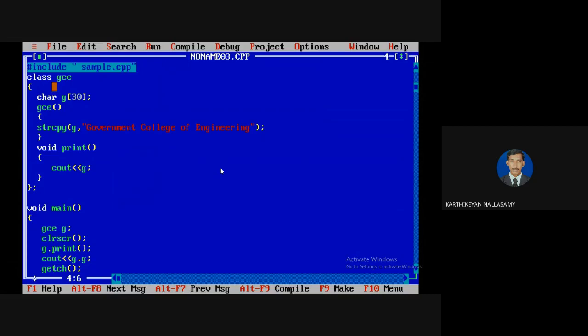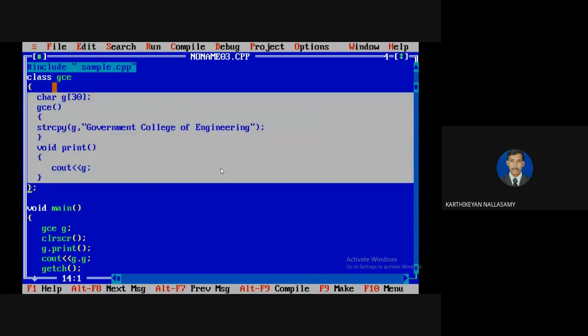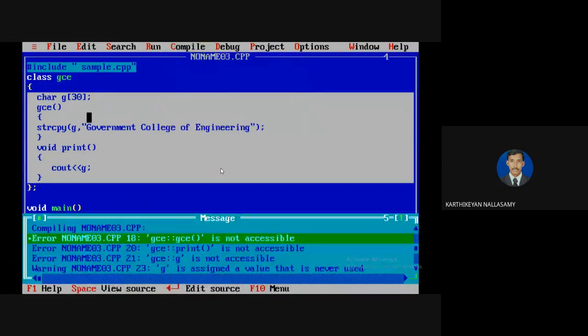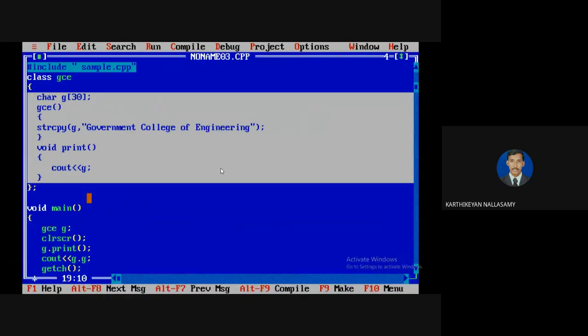By default, it is private. I already mentioned that if it is a private variable, we can't access it outside of the class. It means that all the properties can be accessed only within the class. We are unable to access those properties from outside of the class. That is why it shows the error message as not accessible. Not accessible means that you are unable to access it from outside, because you are accessing the properties in the outside, not in the same class. If it is the same class, there is no problem. But if we are accessing from outside of the class, it won't allow that.